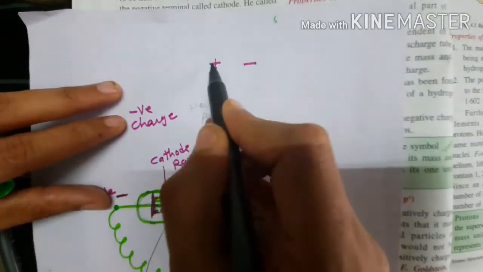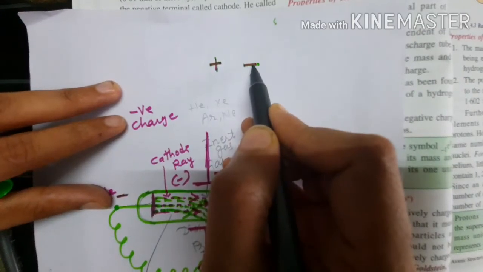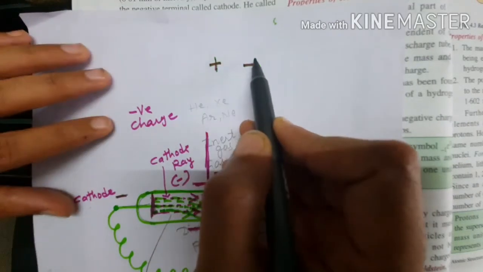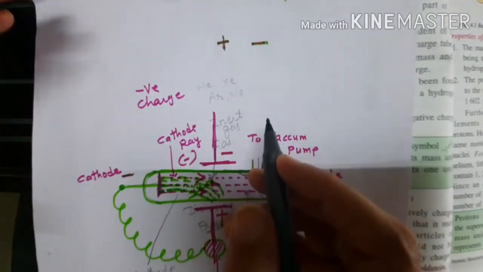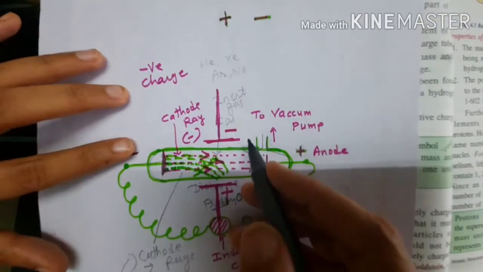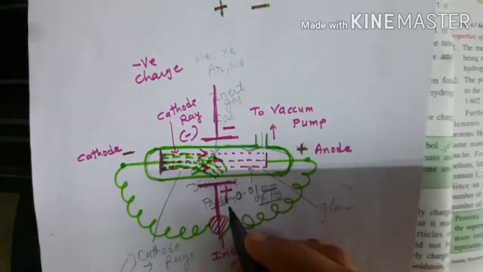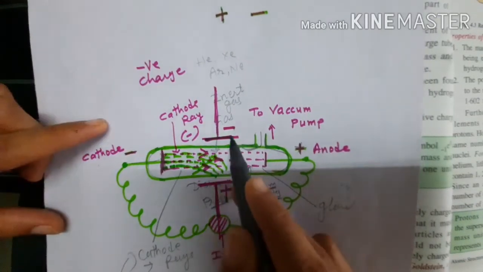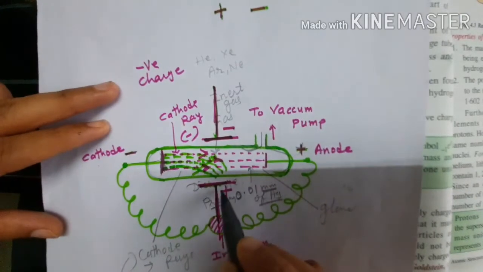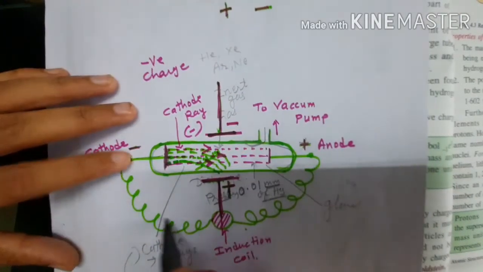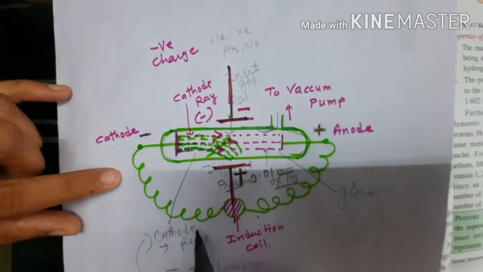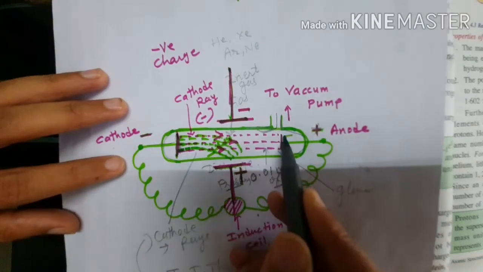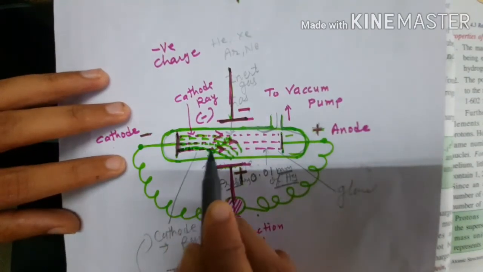As we know, the electric field has a positive and a negative side. You have seen in a battery cell, one side is positive and one side negative. The same thing, in the electric field one side is the positive pole and one side the negative pole. He put the tube in this, and then after some time he passed the electric current. He observed that the rays going from cathode to anode were deflected towards the positive pole side,